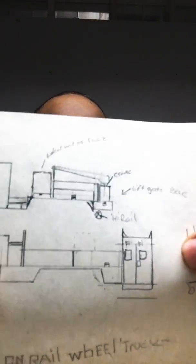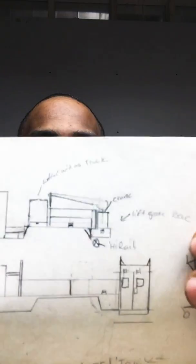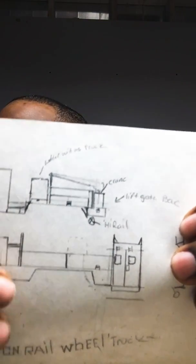I didn't write the number down on it, but I built this one and I sold it. Really nice truck. I think I have a few pictures of it and I'll post it. And then this one here, I never got around to building this, and I didn't like this style much. This really didn't fit the typical truck. So also